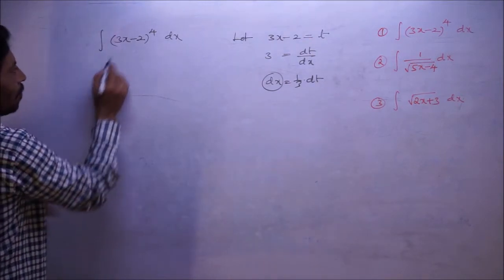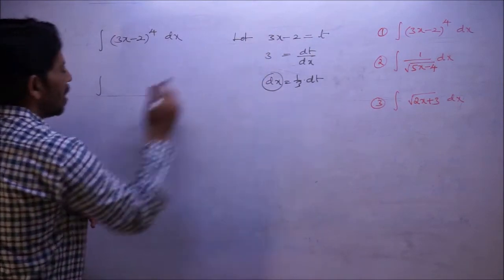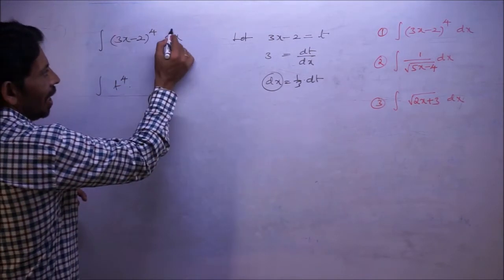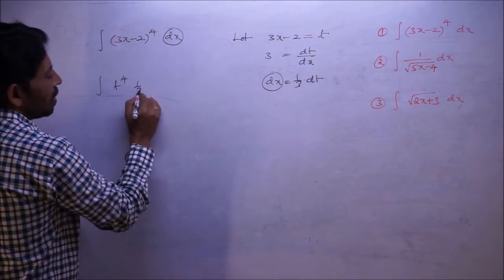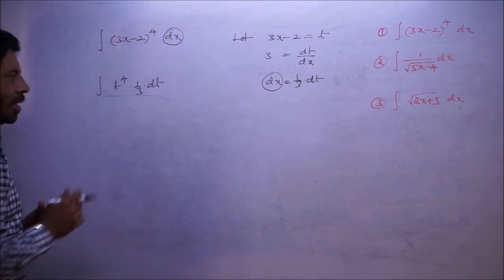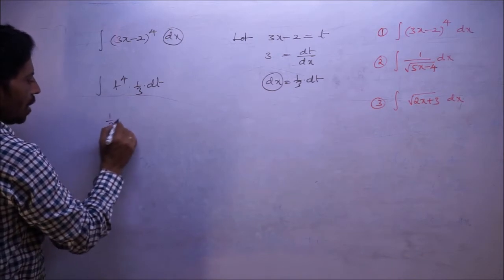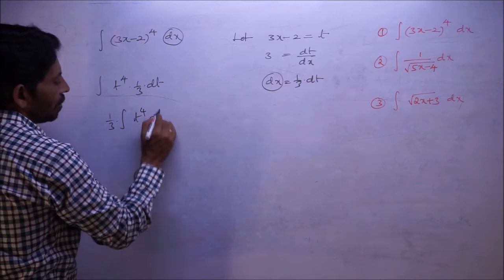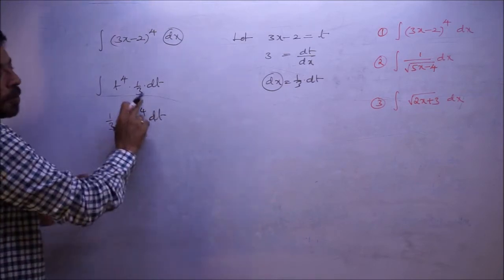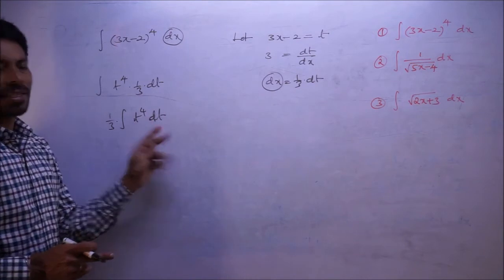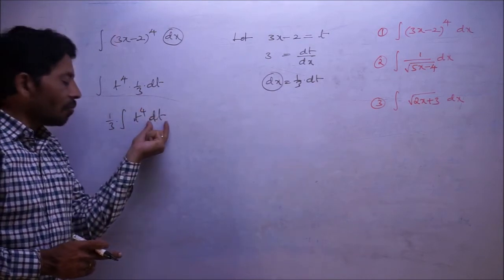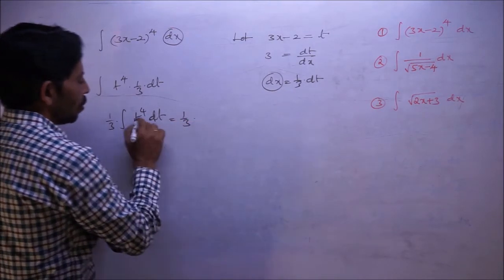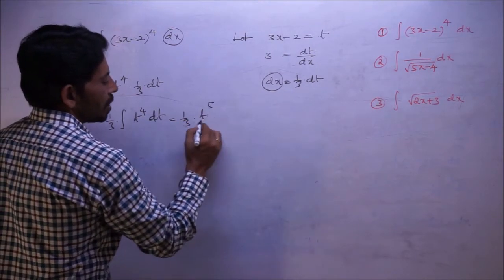Now the integral, in place of 3x minus 2 we can write t to the power of 4, into, in place of dx, 1 by 3 into dt, right? Now it can be written as 1 by 3 into integral t to the power 4 dt. It is in the form of integral x power n dx. Here it is t power 4, with respect to t we need to integrate. So we will get 1 by 3 into t to the power of 4 plus 1,